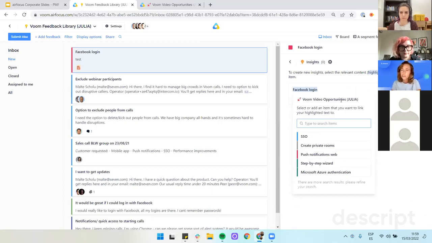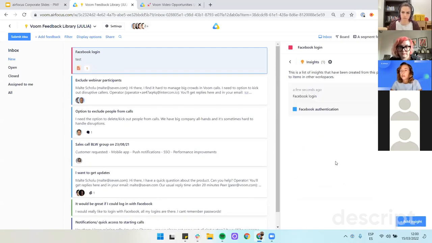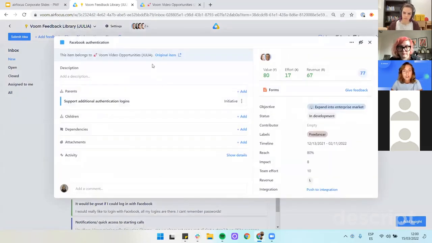So let me just search. Maybe I already have an item on my roadmap that could be linked to that. Let me see. Yes, indeed, I do have an item. So I'm going to link this to my roadmapping item, Facebook authentication. So now I've created this insight link, and when I click on it, I can directly access my